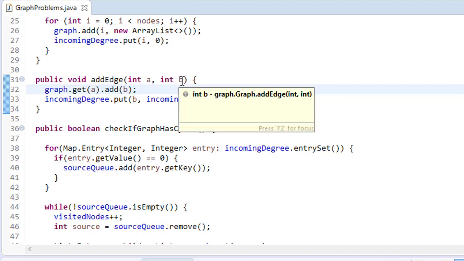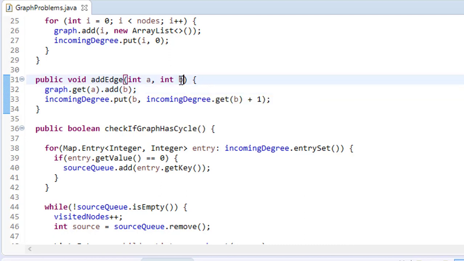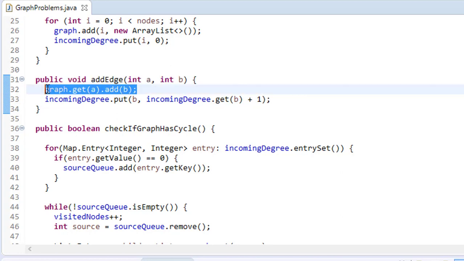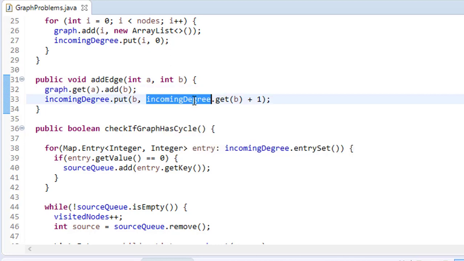So we have added this child B into the list of A, right? This is what we do. And then we are increasing the incoming degree of the child, because if we are going from 0 to 1, this is a directed graph, that is why we added only in one direction. And now because B is a child, we are increasing its incoming degree by +1, right?